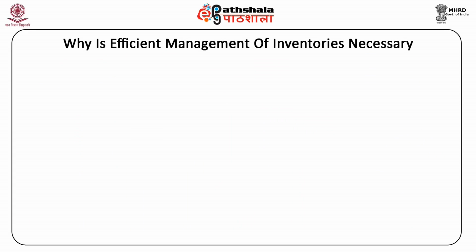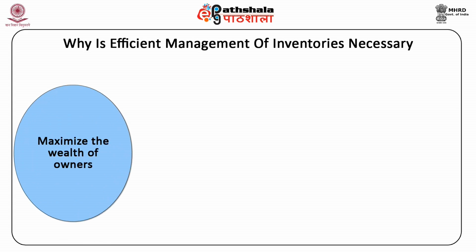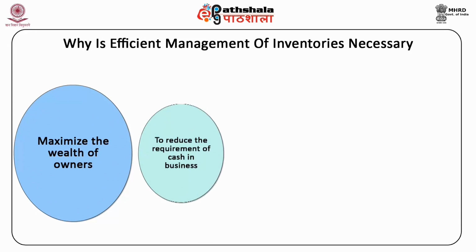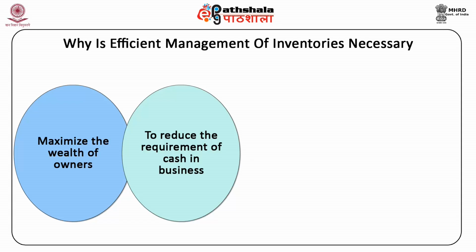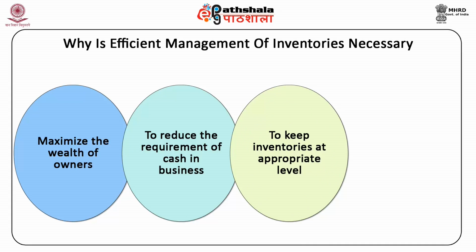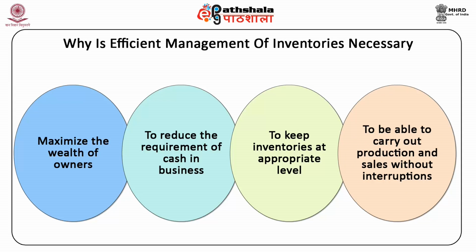Through efficient management of inventory, the wealth of owners will be maximized. To reduce the requirement of cash in business, inventory turnover should be maximized and there should be no loss of production and sales arising from its being out of stocks. The main purpose of inventory management is to keep inventories at appropriate level. If inventory levels are high, there would be no loss of production and sales. Both the functions would be carried without